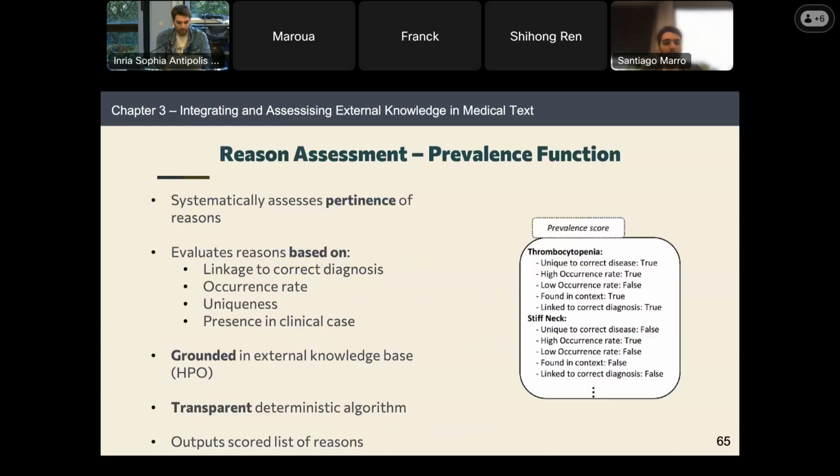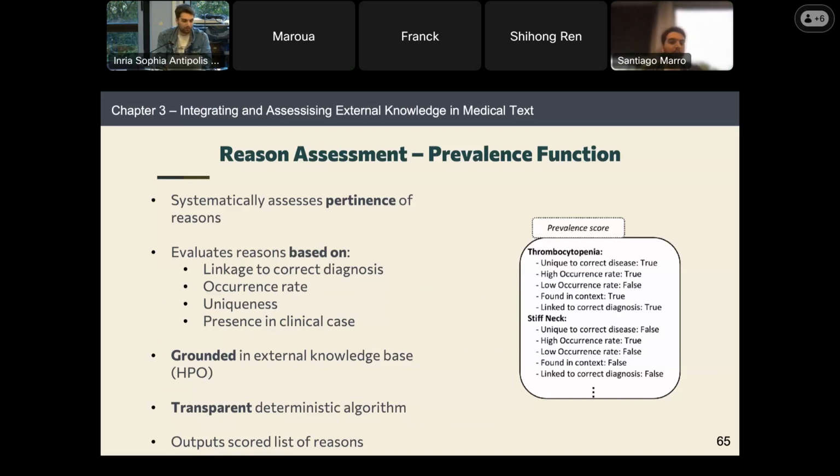So what I said applies specifically to the medical domain. We introduce something called a prevalence function, which basically assesses the pertinence of all of these reasons. By reasons in this case, we are talking about symptoms. So we evaluate them based on different information that we can find in HPO and information that we can find in the clinical text.